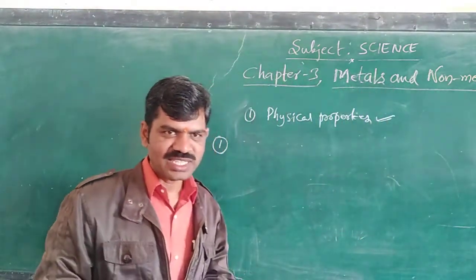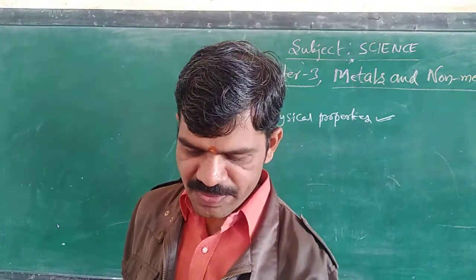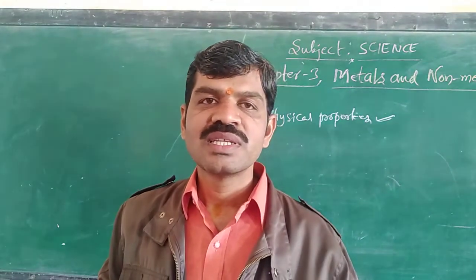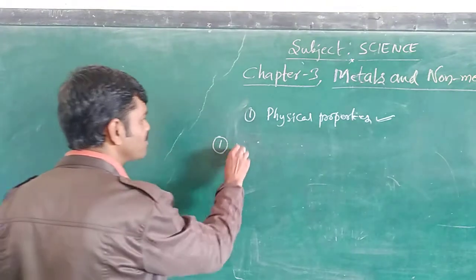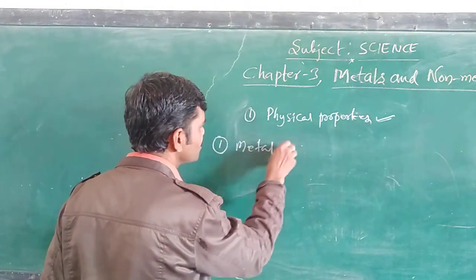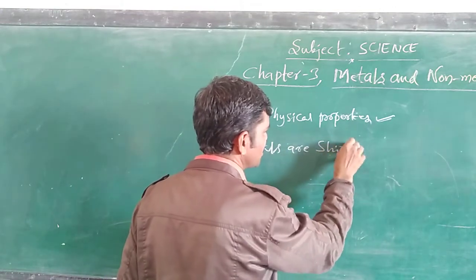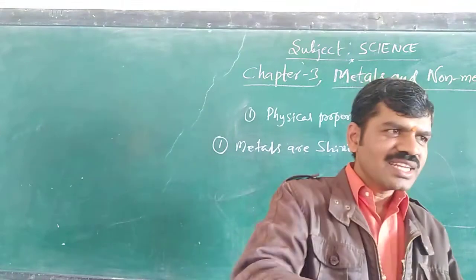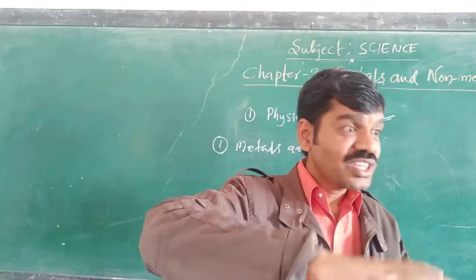According to the activity given in our textbook, that is activity 3.1, this activity says that metals are shining. If you rub the metal, or if you wash the utensils,